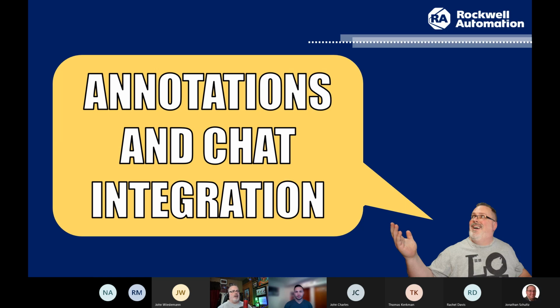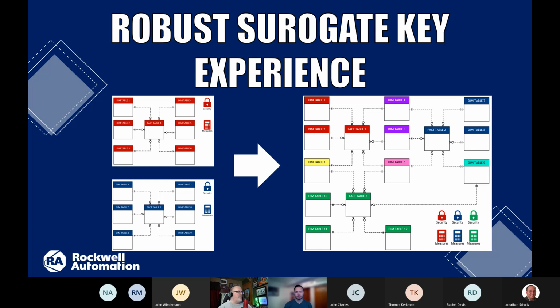Like, if there's a spike or a dip or a hero or a villain that people see in there, it'd be great to be able to call that out inside that experience, right? Get people talking about what's going on inside the data.